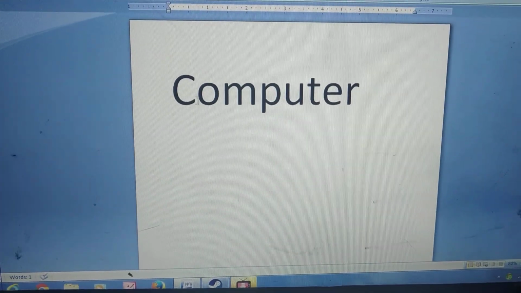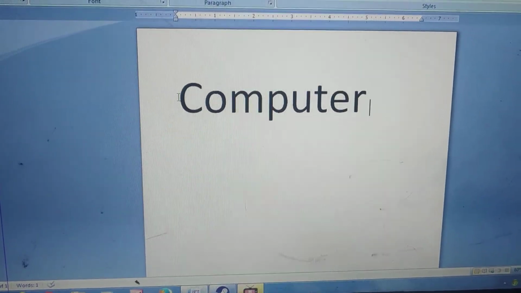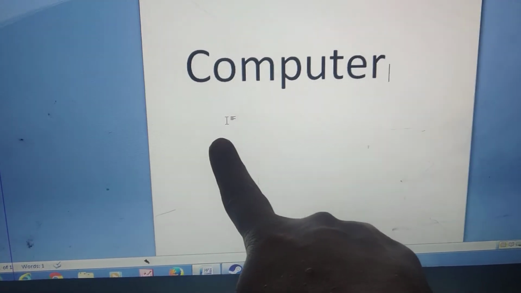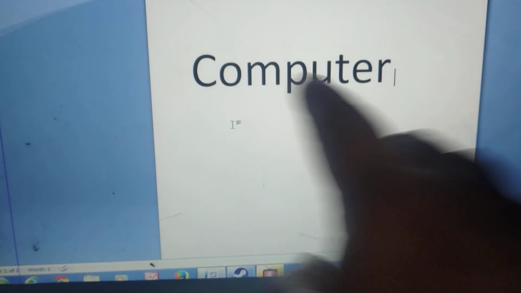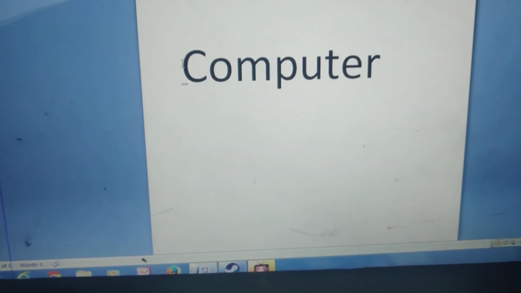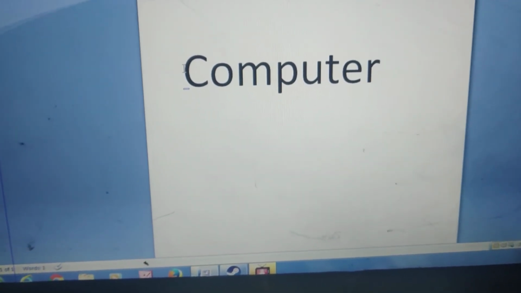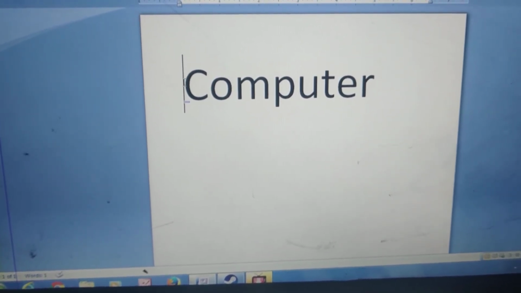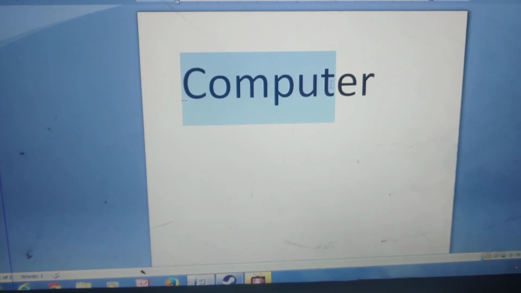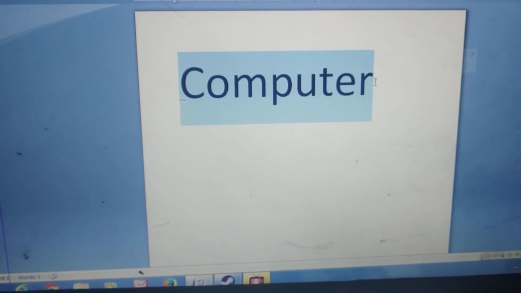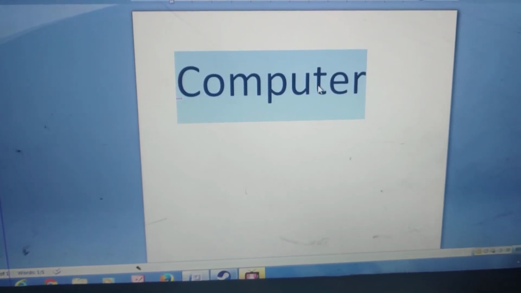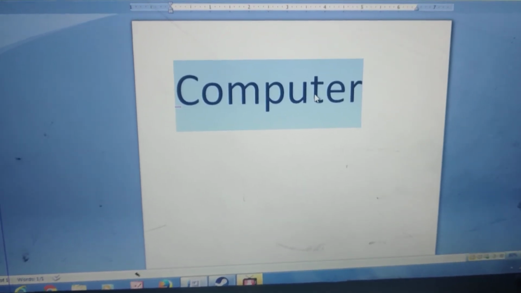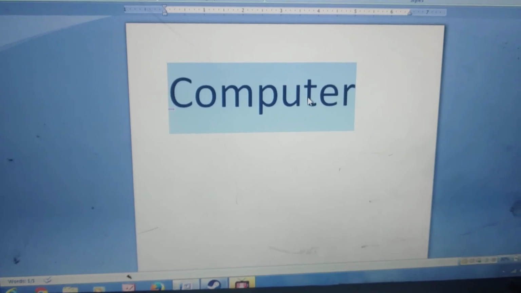For that purpose, first of all you have to select the text. How to select the text? See, this is my I-beam. I-beam means mouse pointer. This mouse pointer I will take in front of the text. I will press and hold the first button of the mouse, that is the left button, and I will drag. Okay, then you will get one blue color background, somebody will get gray color, green color, whatever. That background is called a selection.